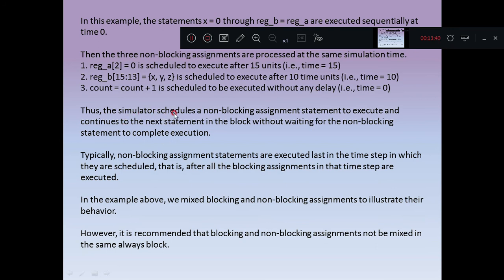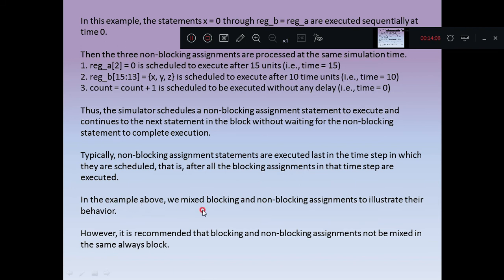Thus the simulator schedules a non-blocking assignment statement to execute and continues to the next statement in the block without waiting for the non-blocking statement to complete execution. Typically, non-blocking assignment statements are executed last in the time step in which they are scheduled, that is, after all blocking statements in that time step are executed.